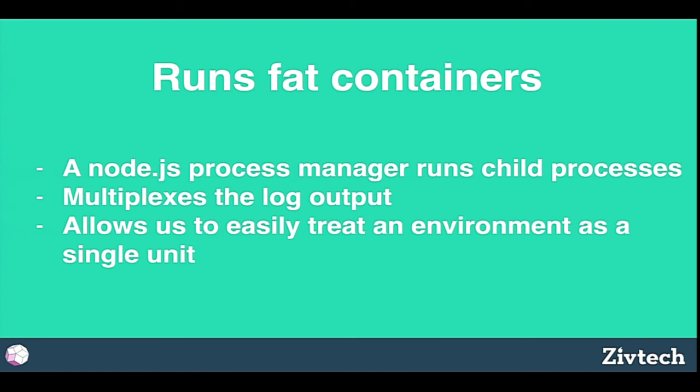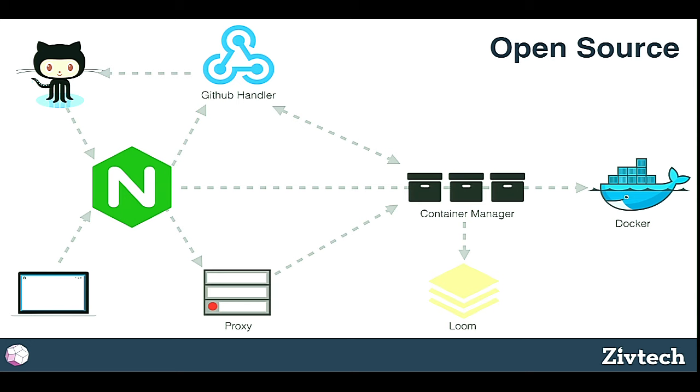And most of the normal arguments around running fat containers are around what happens when you need to scale it out, when you need to move one. And in our case, these are QA environments. They're only intended to be seen by one or two people at a time. We don't ever want to do that. So at the moment, we run fat containers. We may change that eventually. It's just more work to do it right in a different way.